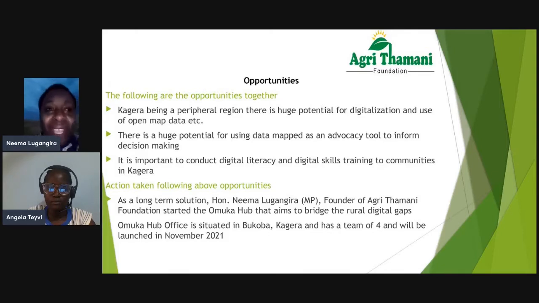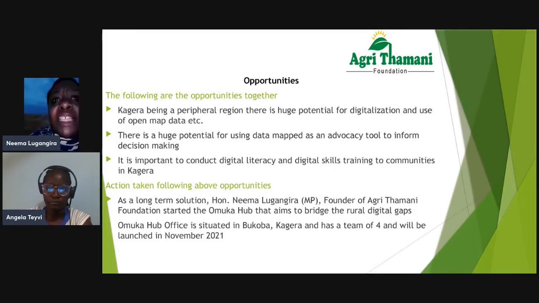And the biggest opportunity that I found, and I immediately jumped on it, is the opportunity of creating a technological hub in Kagera region. So we've recently set up Omuka Hub, which is focused on bridging the rural digital gaps.